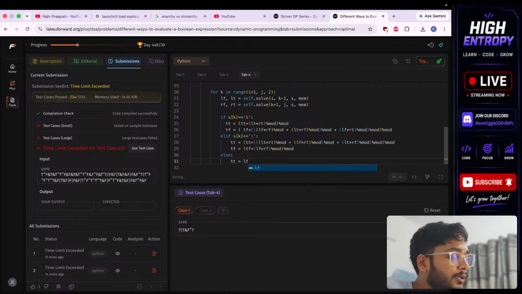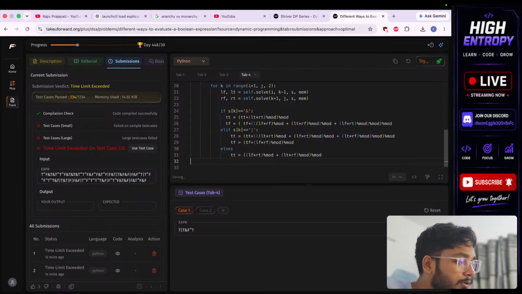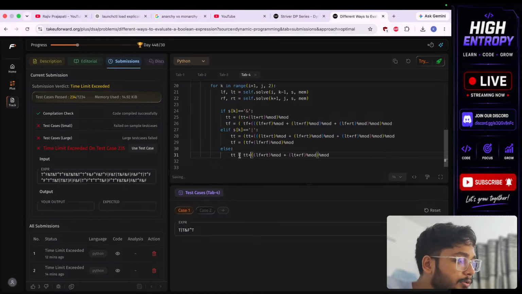LF into RT plus LT into RF. So these are the conditions where you will get percentage mod, a TD plus